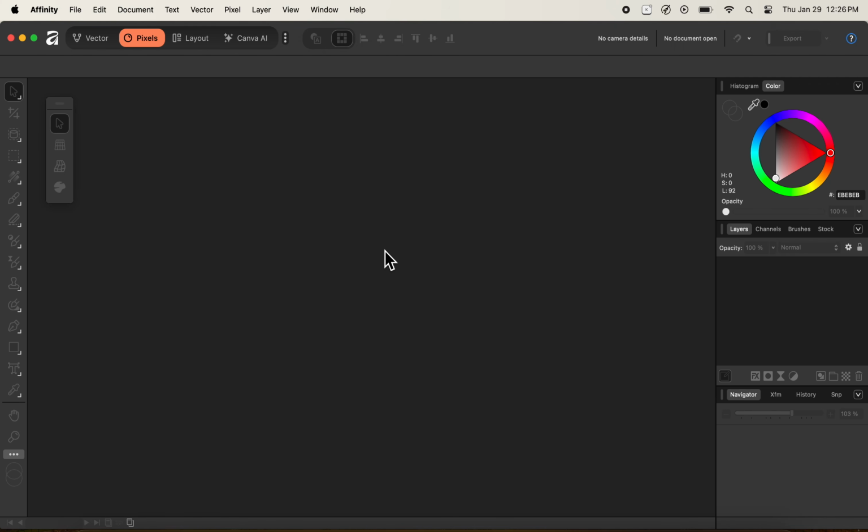In this video, we'll be looking at how to add a long exposure effect to your images inside of Affinity